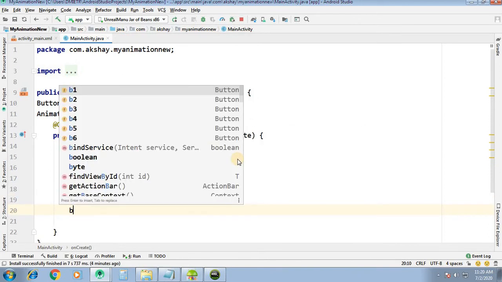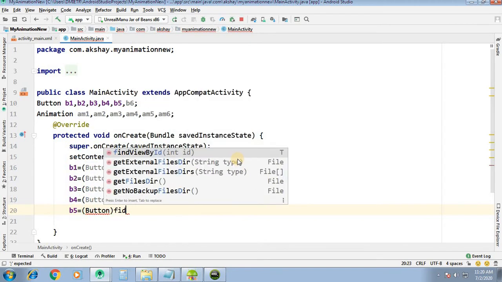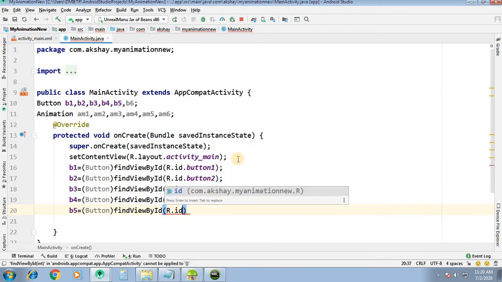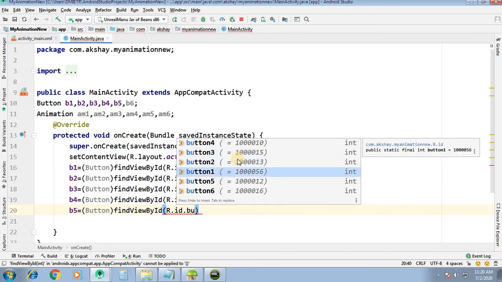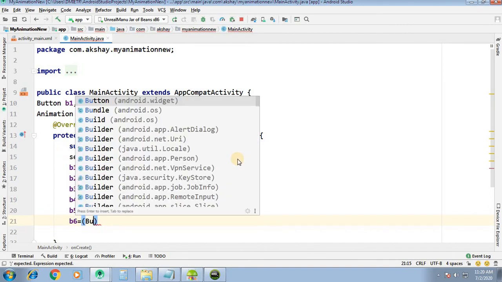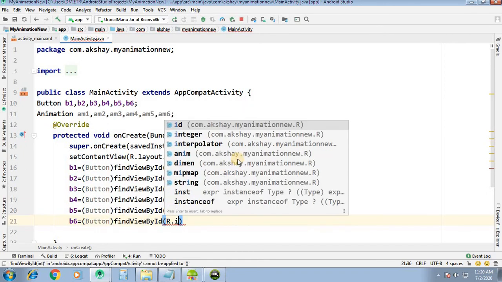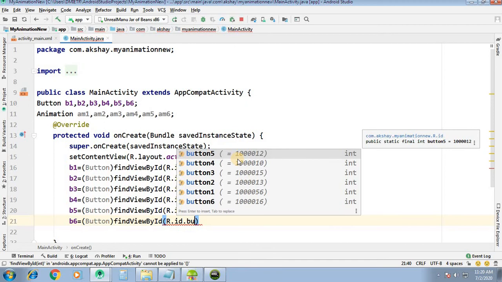Similarly, b5 equal to button find view by id R.id.button5, and the last, b6 equal to button find view by id R.id.button6.